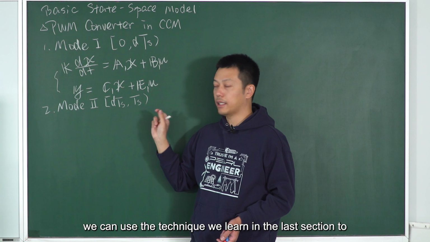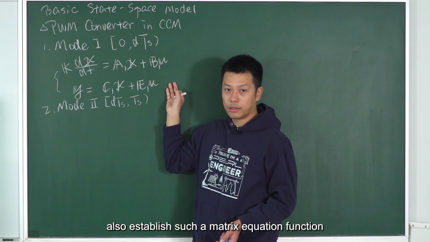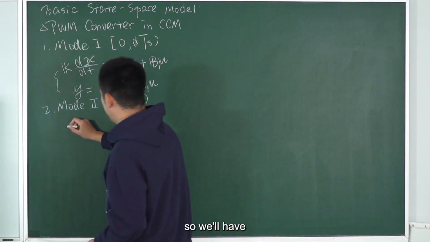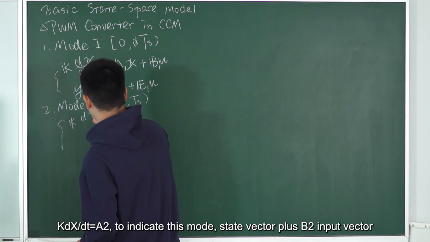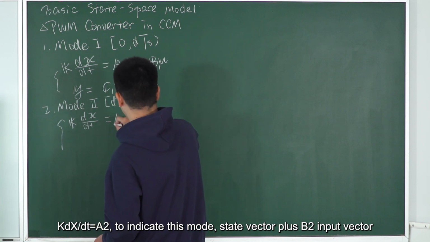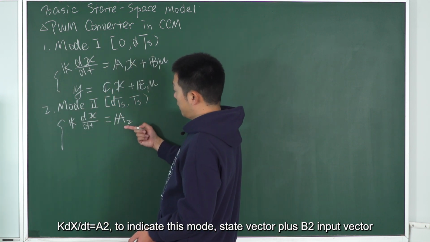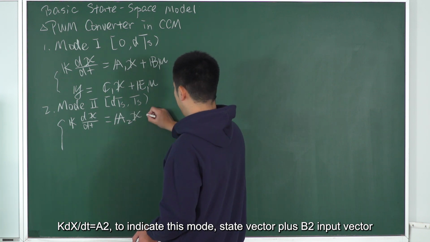We can use the technique we learned in the last section to also establish such a matrix equation. So we'll have K dx/dt equals A2, to indicate it's mode 2, times the state vector plus